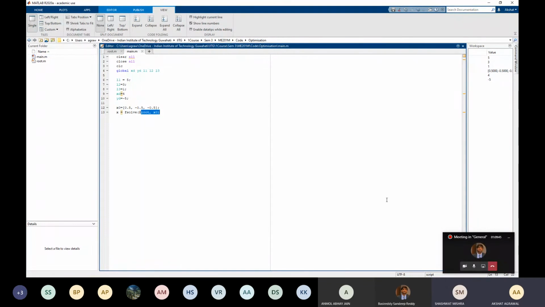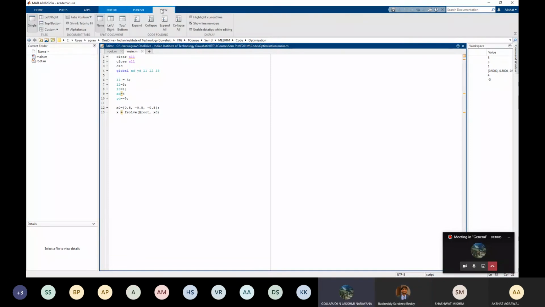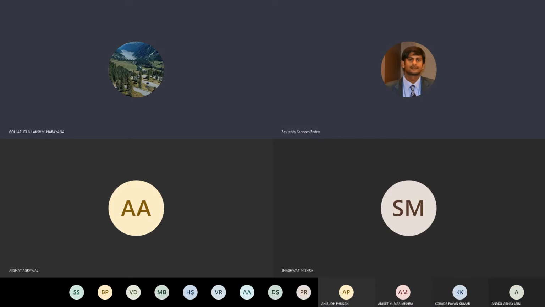I think if you run your main function, it will come up automatically. No, I tried. Oh. Okay, I'm not able to minimize it once again. Just try closing it and opening it again. Sir, the command window is at the top right corner. After workspace. Yeah. Okay. Thank you. Undefined variable. Just correct that.